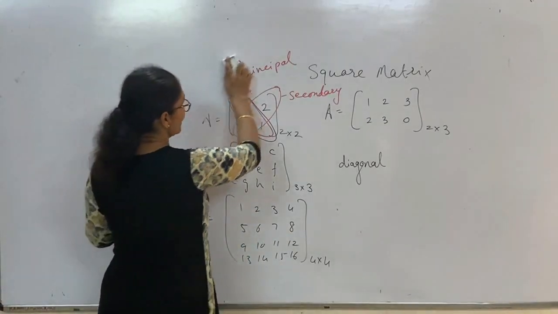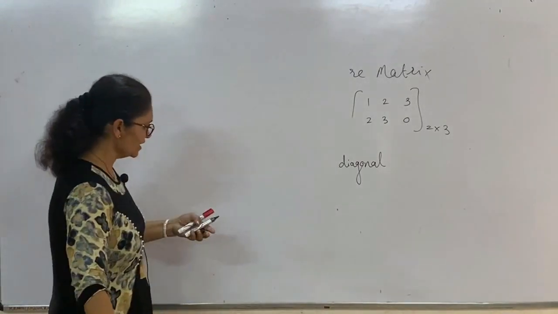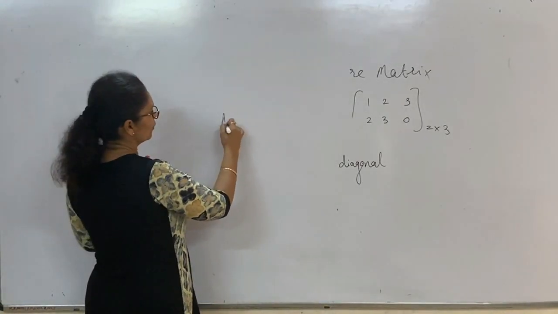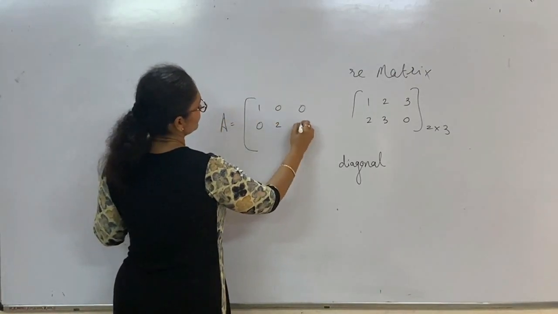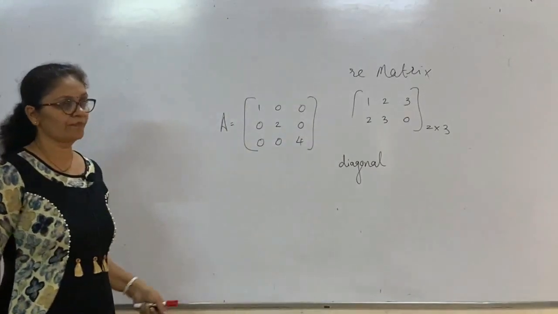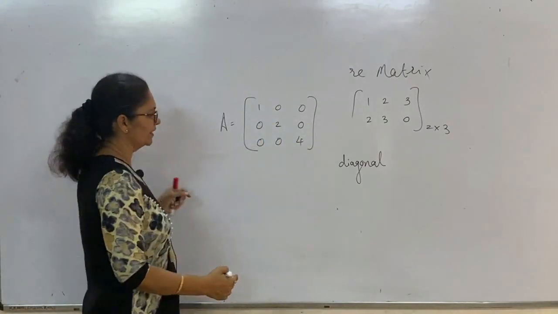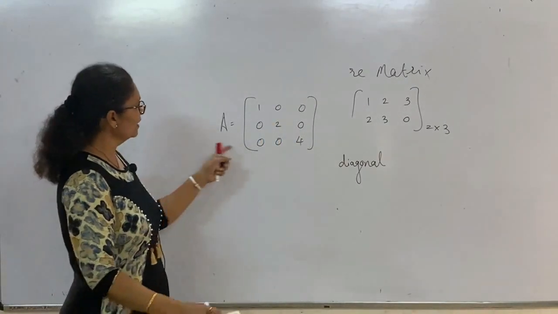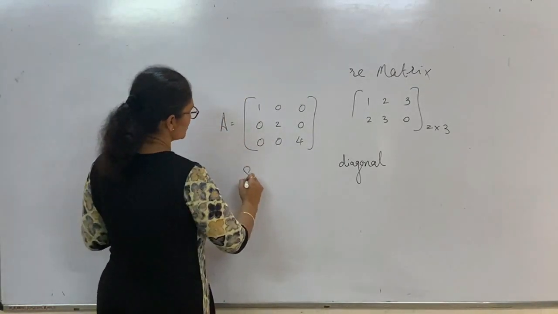Okay, now we discuss the diagonal matrix. What do you mean by diagonal matrix? It is one in which the rest of the elements are 0, but only the diagonal is present. This is called a diagonal matrix. In the same way, in a scalar matrix the diagonal may be there, but the remaining elements are 0. So a diagonal matrix, then a square matrix.